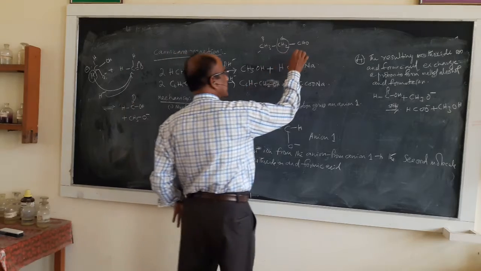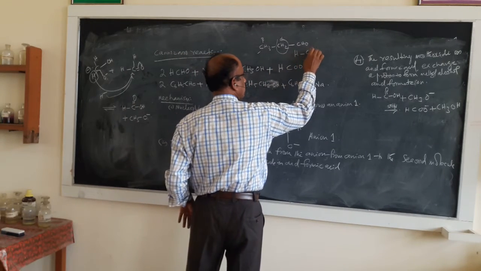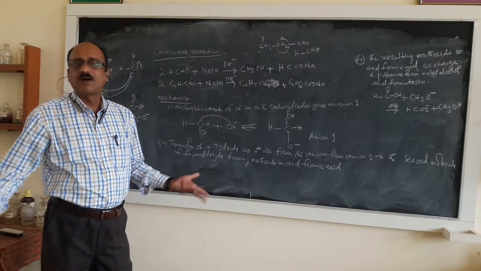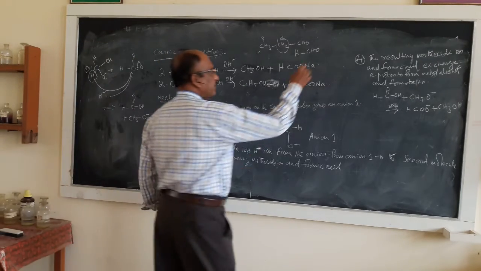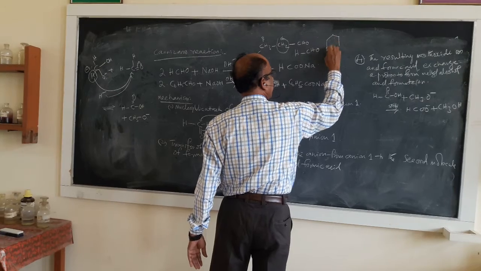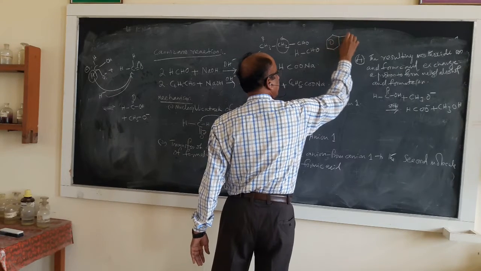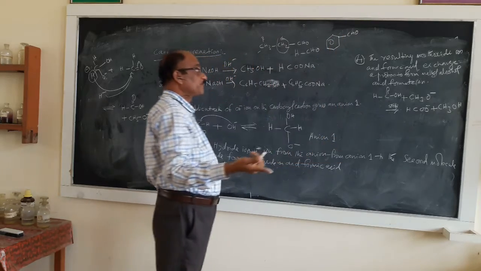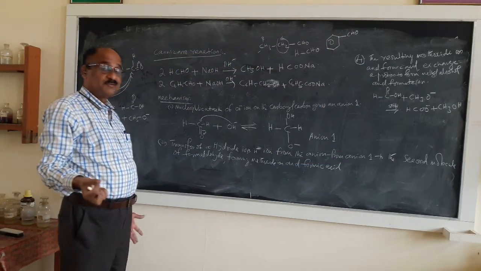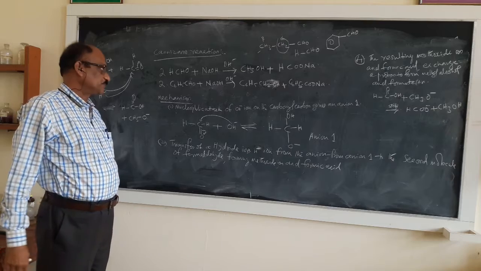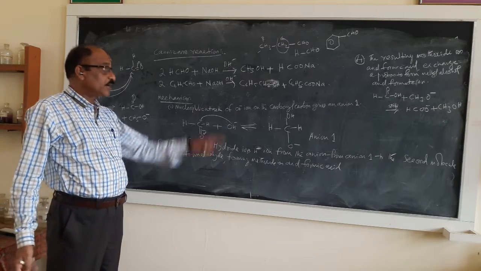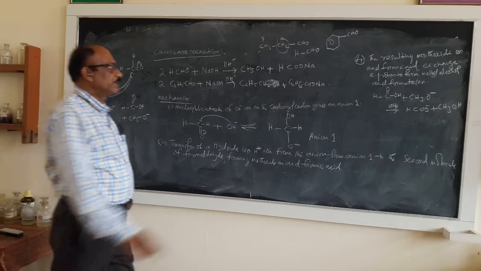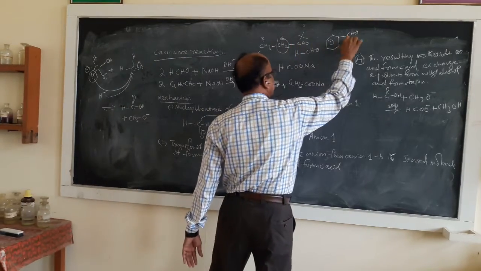Here, for aldehydes, you have to take HCHO. Here there is no alpha carbon, therefore no alpha hydrogen. Similarly, if you take benzaldehyde, you can see CHO is connected to a carbon which contains no hydrogen. So an alpha carbon may be there, but no alpha hydrogen is there. Therefore you should not take this compound or this compound.